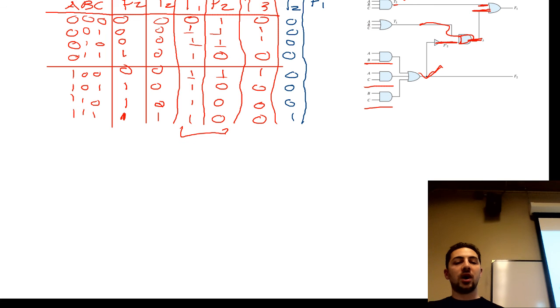Any place I see a 1, the output is going to be 1. So looking at T2, that's the only one. Looking at T3, I've got a 1 in positions 1 and 2 and in position 4. Everything else, by definition, is 0. So that is my output for F1. So now I've solved for F1,